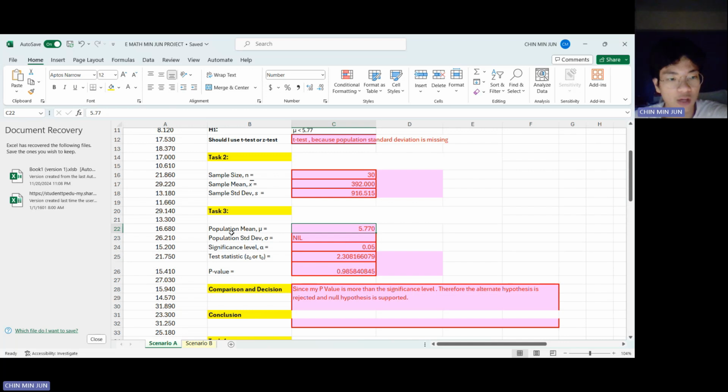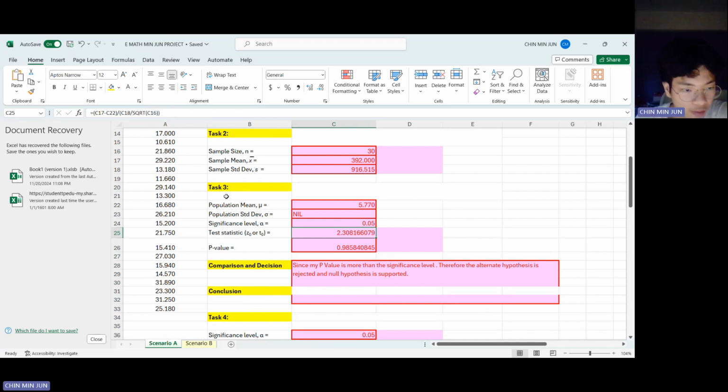This is because I do not have a population standard deviation, and the formula for my t0 value, which is 2.308, is basically the sample mean minus the population mean, divided by the sample standard deviation,